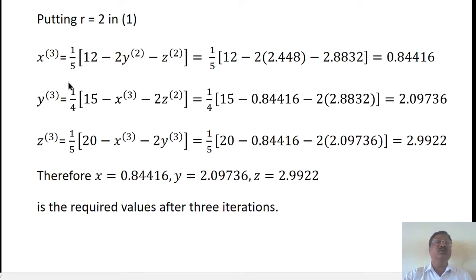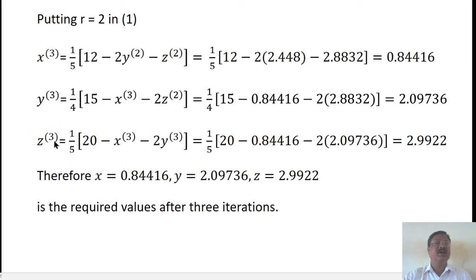Now putting r equal to 2, the third iterate will be x raised to 3 is 1 upon 5, 12 minus the most recent values for y and z will be substituted, 1 upon 5, 12 minus 2 into 2.448 and 2.8832, that will give you 0.84416. Now similarly, y raised to 3 is equal to 1 upon 4, 15 minus x raised to 3, the recent value, minus 2 z raised to 2, which is 1 upon 4, 15 minus 0.84416 minus 2 into 2.8832, which will be, after simplification,